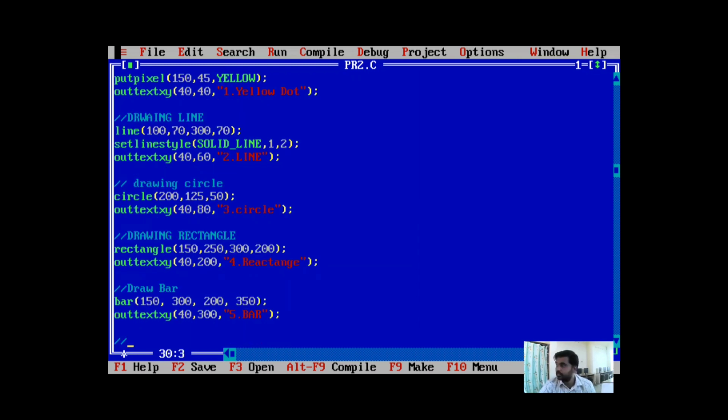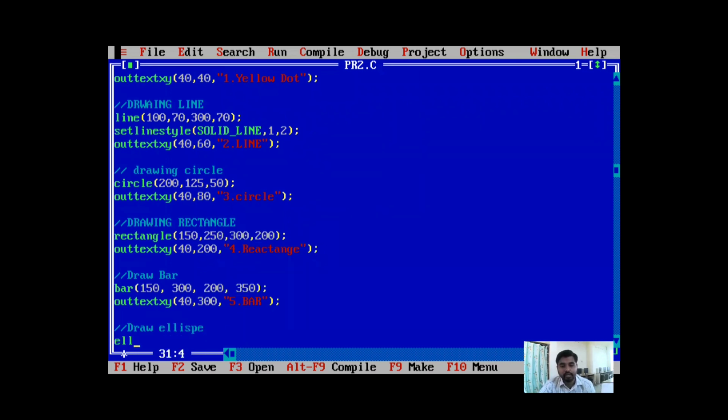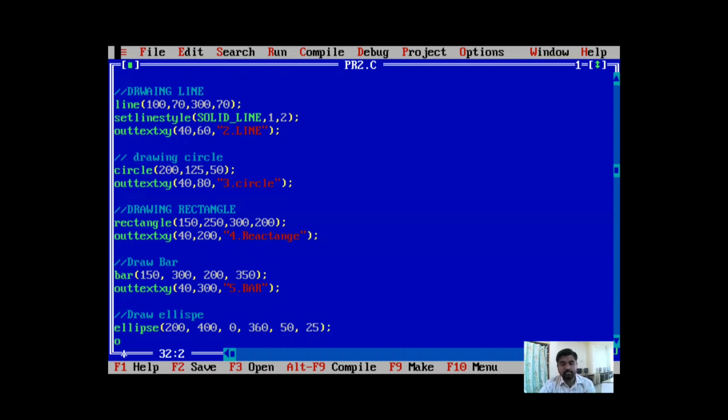And lastly, draw an ellipse. For the ellipse, you require 6 coordinates, meaning 6 parameters. Start angle 0, end angle 360. outtextxy, 40, 400, and ellipse.